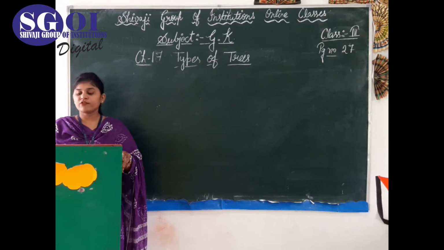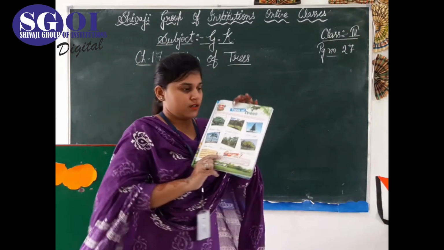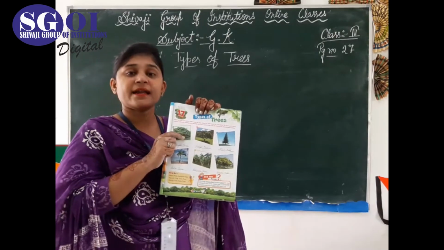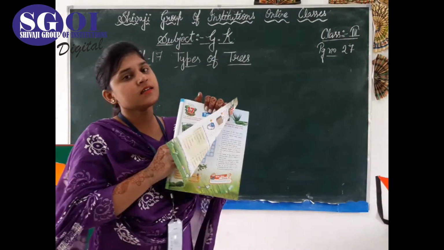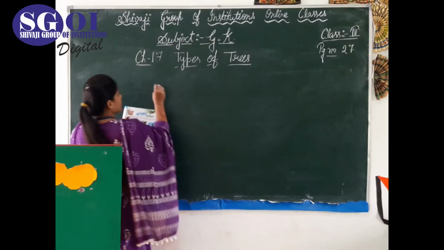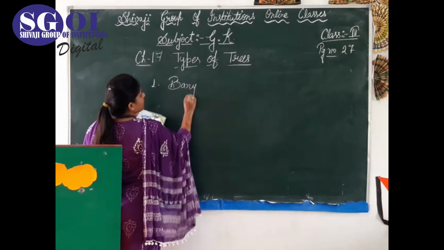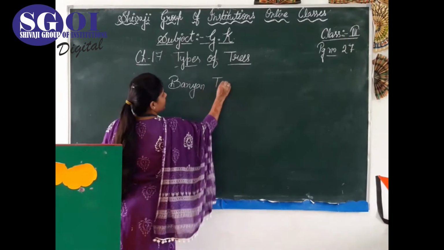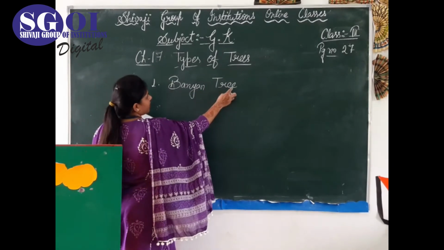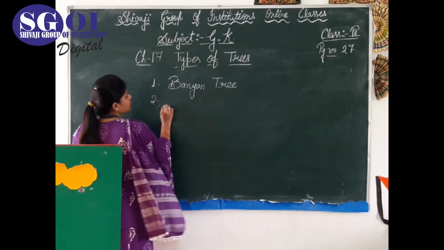Identify the name of the trees with the help of the pictures given below. In your page you can see some pictures are given. So you all have to just identify the pictures and write their name. Alright? For example, first tree is a banyan tree. Write here banyan. Spelling of banyan tree. And the second is mango tree. So write here the spelling of